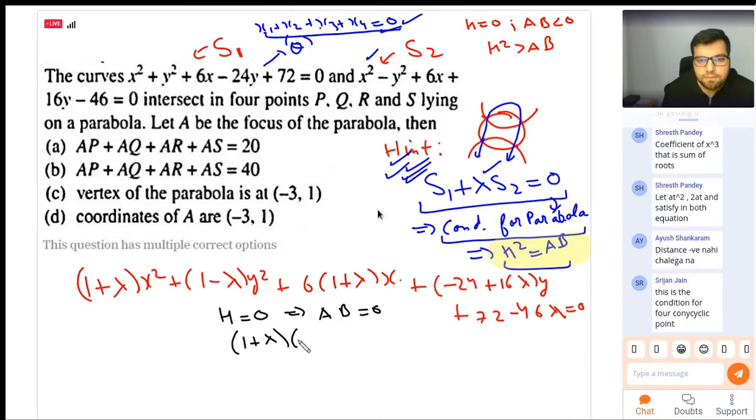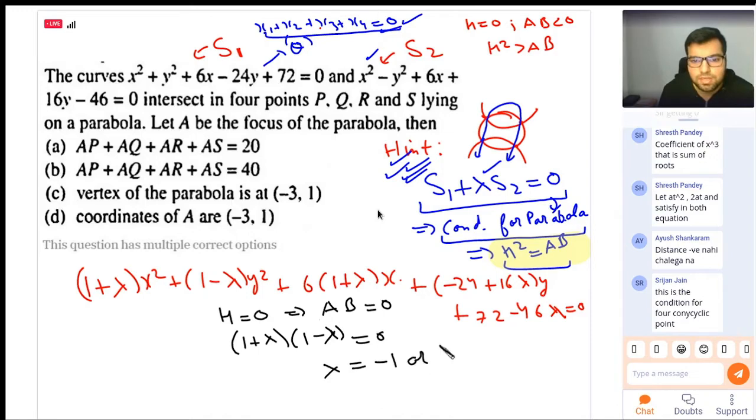B is 1 minus lambda. So AB is 0. This means 1 plus lambda into 1 minus lambda is 0. This means lambda is either equal to minus 1 or lambda is equal to plus 1. So when we put lambda equals minus 1, the equation will become